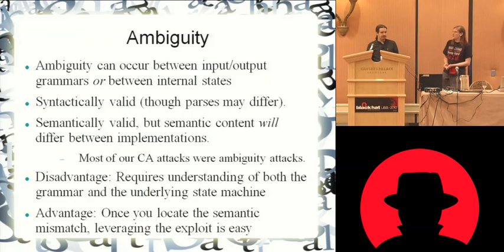These can be a little difficult to identify because you have to have a really solid understanding not just of the grammar that you're dealing with, but also the back-end state. Yeah, so it's not enough just to have the TCP packet specification down in your head.